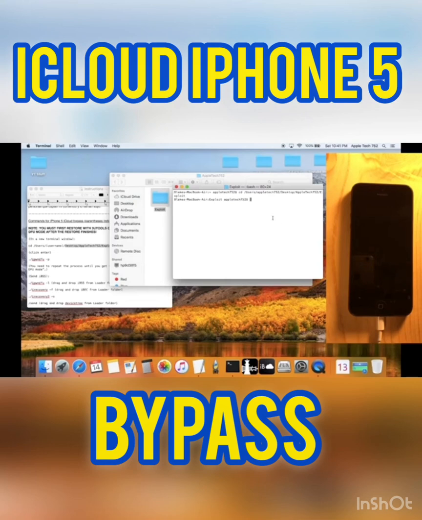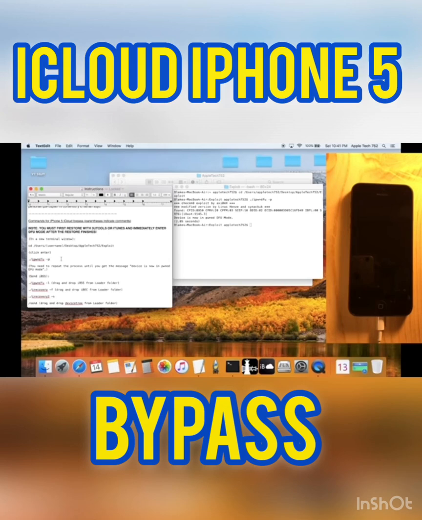So once you've done that, all you have to do is type ./ipondfu and then -p after that. And just like this, our device is now in pwn-dfu mode. So we're gonna just continue with all the commands here, very similar to the checkra1n method. We're gonna be copying and pasting some commands into the terminal just to do a bunch of file transfers and operations on the device. So the next thing is this command right here,